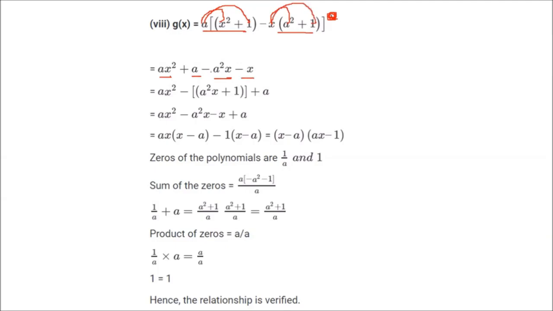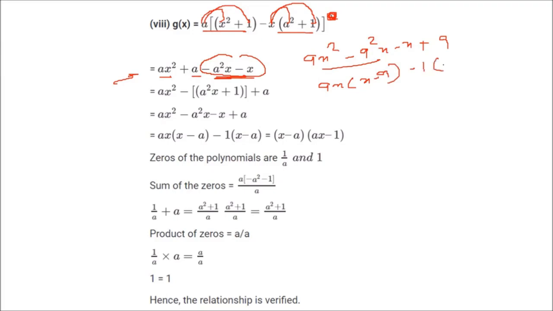So what you can do here is, now you have to rearrange it. How to rearrange it? Because this is x and this is x, in these you have to take it common, right? I'll just solve it for you right from here. So a x square minus a square x minus x plus a. From here you can take a x as common. So x will be inside and a will be inside. From here you can take minus 1 common. So x minus a will be inside.